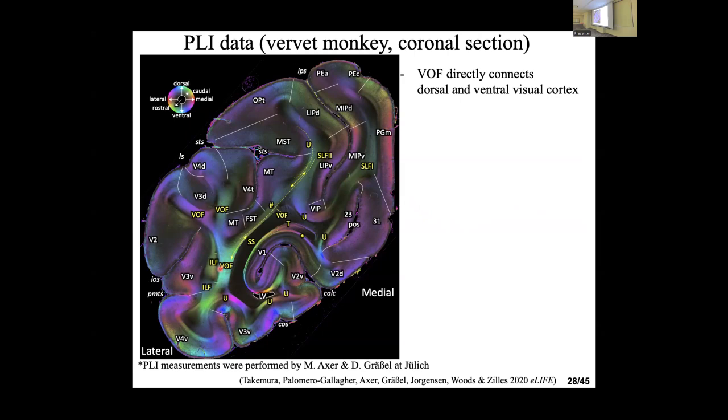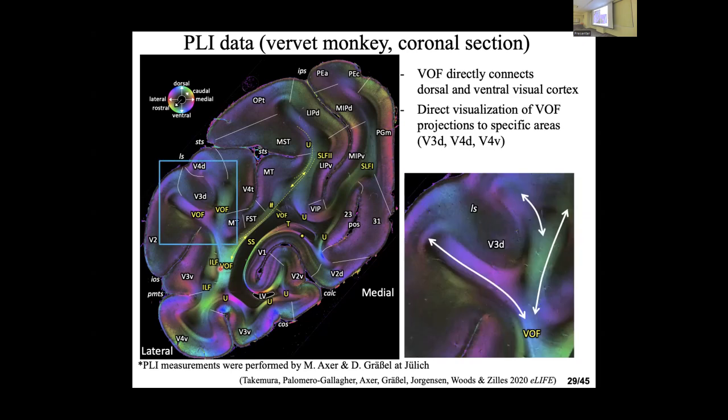So we not only confirm the finding in the diffusion data, we can also zoom into near the cortex to check which cortical area the fibers directly penetrate into. This is very difficult in diffusion MRI because of the resolution, but here we can directly see the observation. Then we find some consistency across the data set about this mid-level area-to-area connection between dorsal and ventral. We also measured sagittal section data and also confirmed this observation.